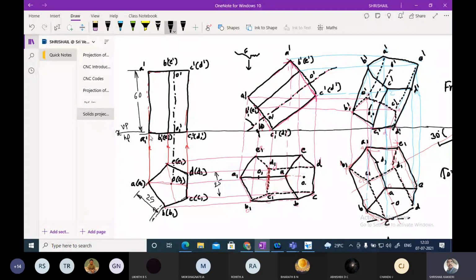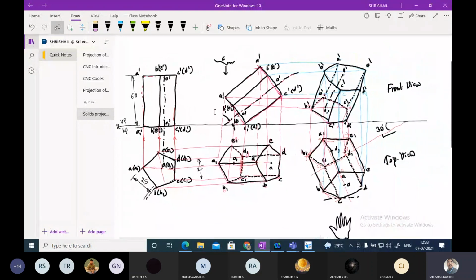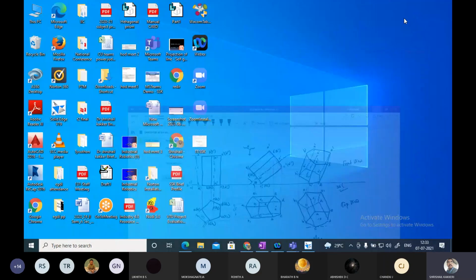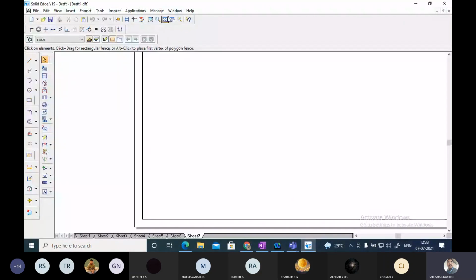So I have shown the height, I have shown the sides of the pentagonal prism, and I have taken this angle, I have shown this angle also. So my work is completed now. My work is completed in doing the sketch work. So out of 35 marks, 20 marks is over. Under 15 marks we have to write for the, wait for writing this.